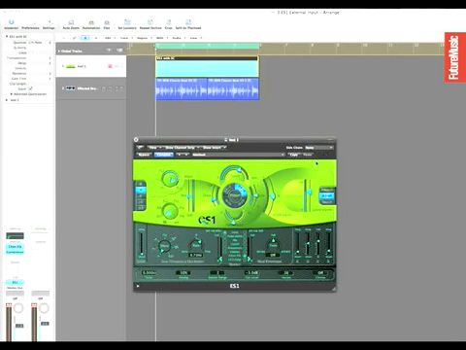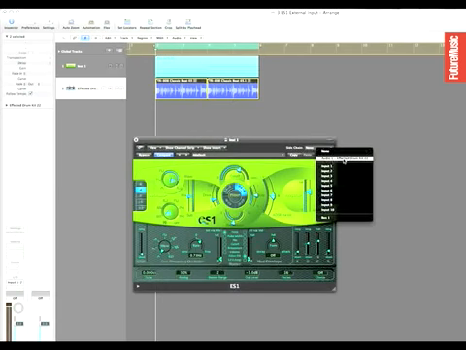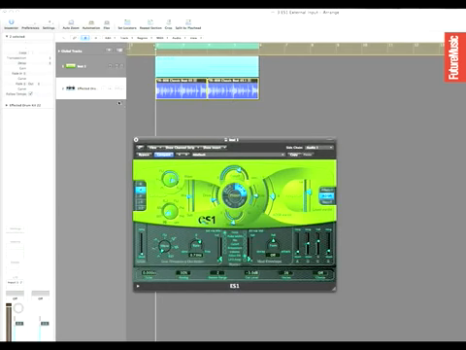So what that means is that up here I've got a chance to set the sidechain source. Now you can see I've set up this beat loop on audio track number 1 here. So what I'm going to do is to feed that in as the sidechain source. So select audio 1 with that drum loop name, and there we go, it's now coming in to the ES1. And you can see that I've switched the output off here so that we're not actually hearing the audio track directly within the arrangement. You can see the level, but it's not actually making a sound at this stage because